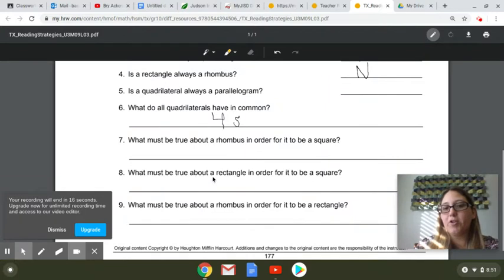What must be true about a rectangle in order for it to be a square? Well, in that case, we again need all four sides to be congruent, okay? And the last one, what must be true about a rhombus in order for it to be a rectangle? A rhombus